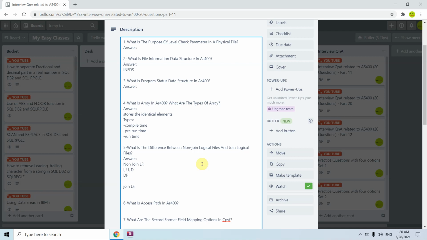DFU is available for a non-join LF, but for a join LF DFU is not available.